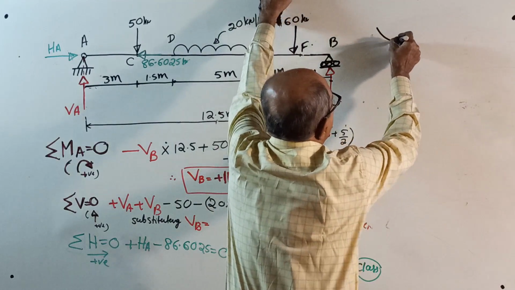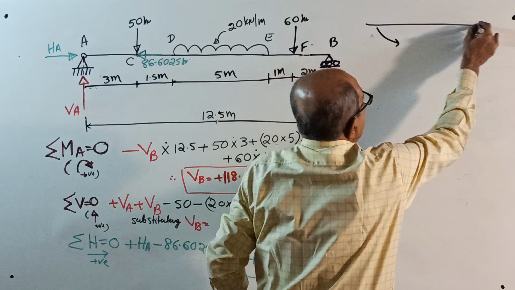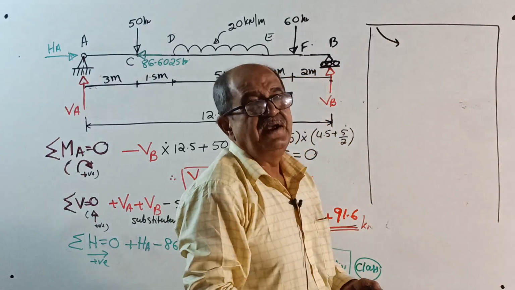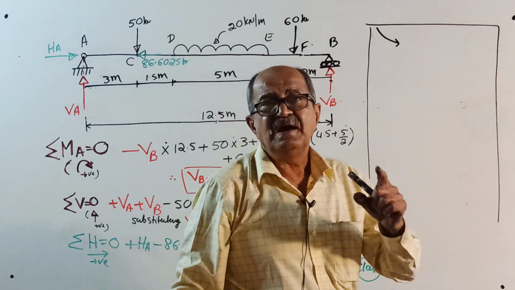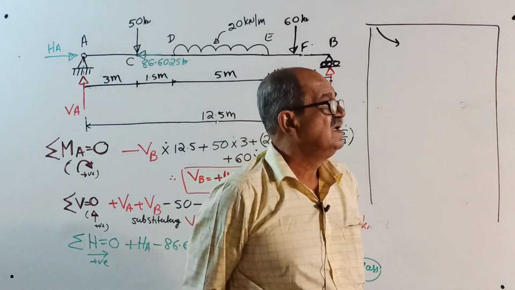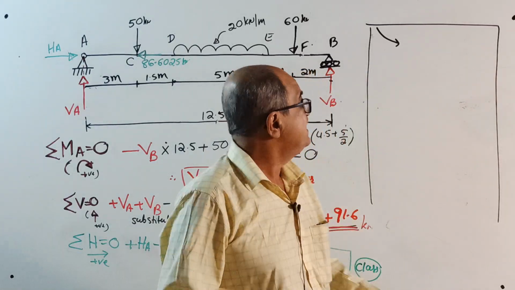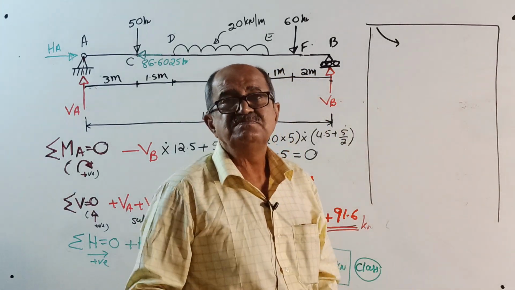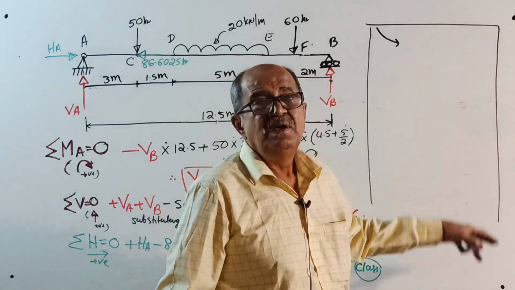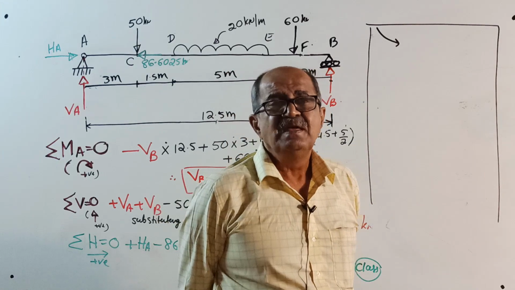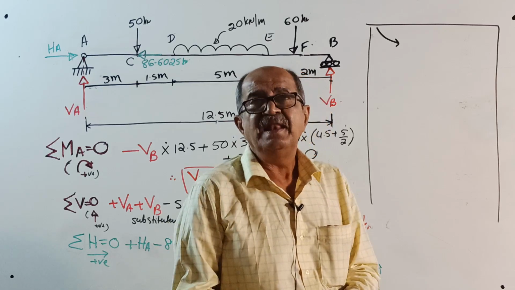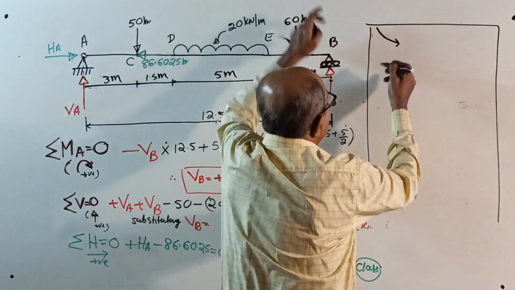When you have to find support reactions for a beam, consider action and reaction. For you, whatever loading given is action. Reaction is from support. Assume direction for the reaction. I already told you 3-4 times what type of reactions will come. Then apply